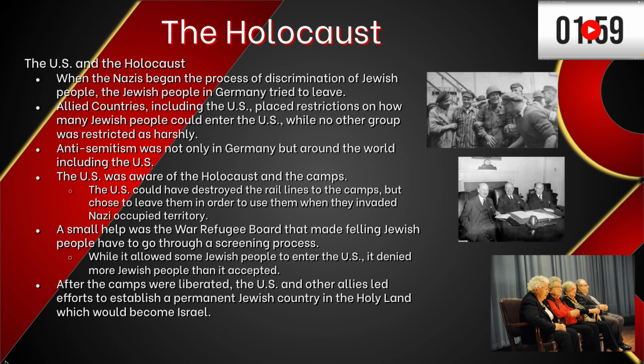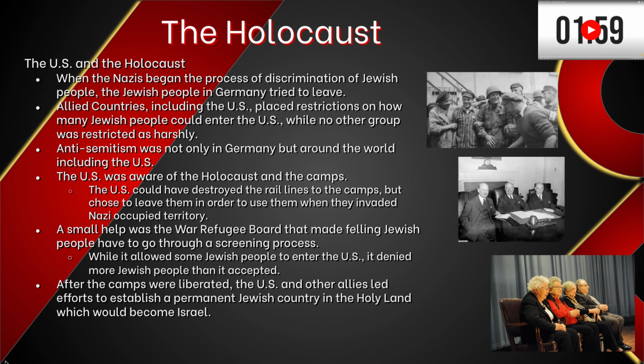So the basic idea here is that what was explained to the world after World War II was that nobody knew it was going on. Well, that was a lie. The Germans, or the Nazis in Germany, were very transparent about what they were doing. They were keeping records of all the people that they were exterminating and imprisoning.